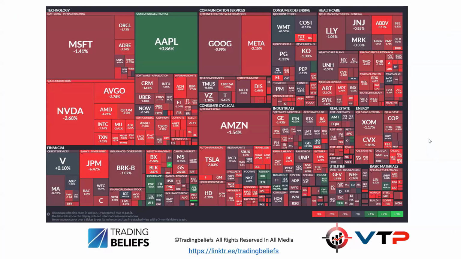Just to back up, this was the heat map for the S&P 500 on Friday afternoon. There's a sea of red there, isn't there? And there were some fascinating moves across all asset classes on Friday. It was a really interesting price action day, and I had a short on the US indices on Friday morning, because it set up so nicely, but actually I was not in any way expecting it to shift the way it did, but we'll look at that in a moment.